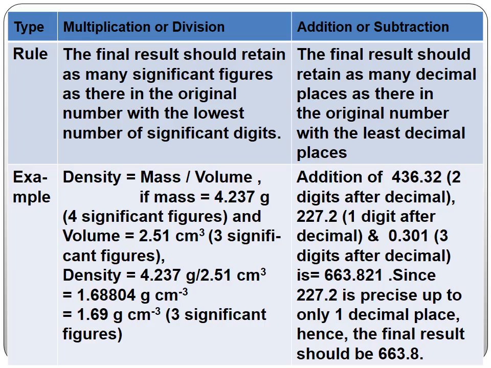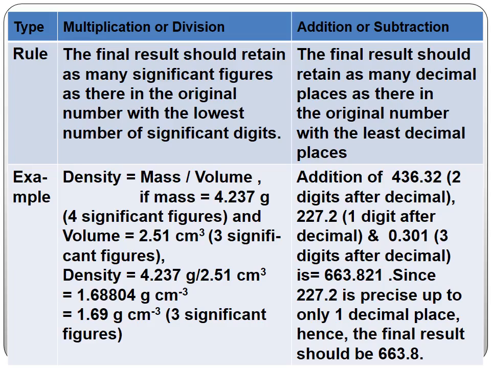And rule number 2 says the final result should retain as many decimal places as there are in the original number with the least decimal places. For example, suppose you are going to add 3 numbers. The numbers are 436.32, 227.2 and